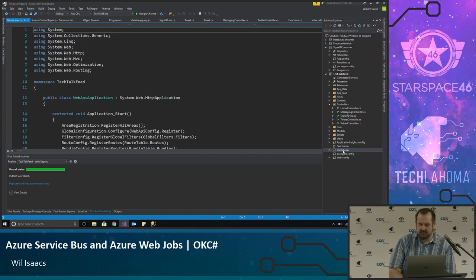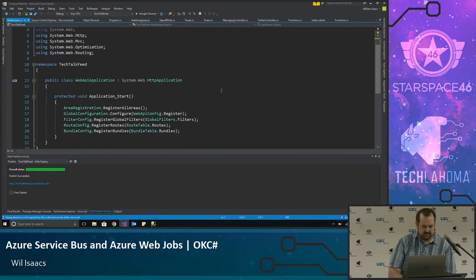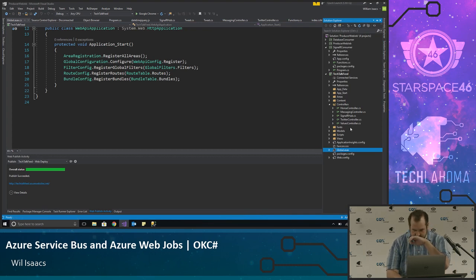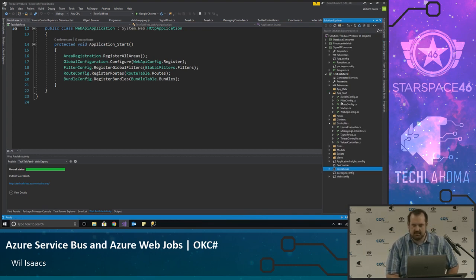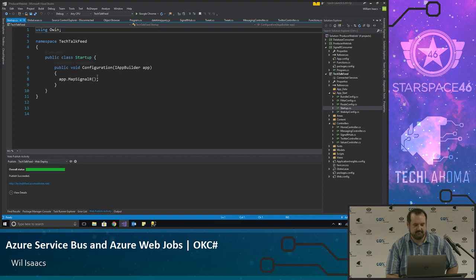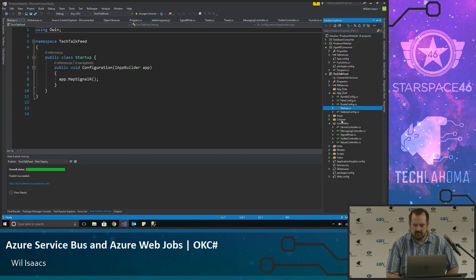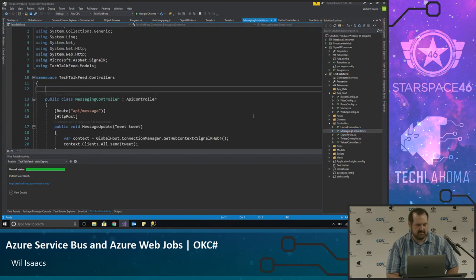In my global, you'll see that I register SignalR, or actually I think I have a dedicated startup class to register SignalR. So map SignalR, very simple configuration. And then in the messaging controller itself,